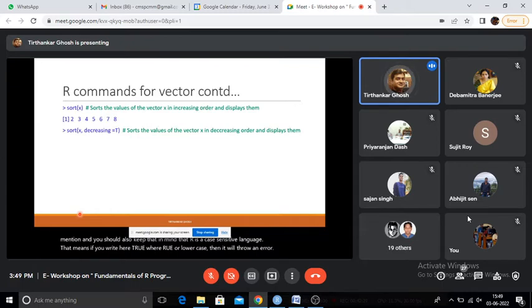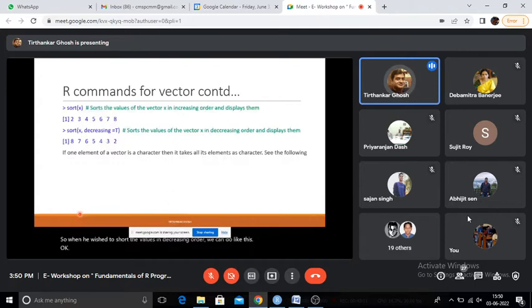So whatever you are writing, you always need to follow the case, for built-in functions and for some specific logical values, you should write exactly as it should be written. So when we wish to sort the values in decreasing order, we can do it like this.